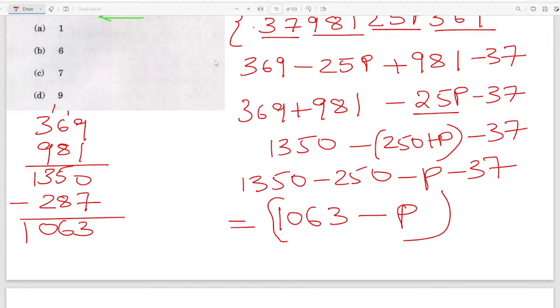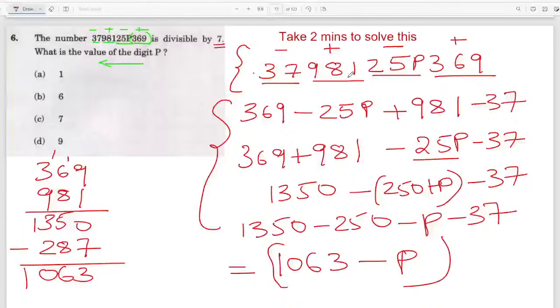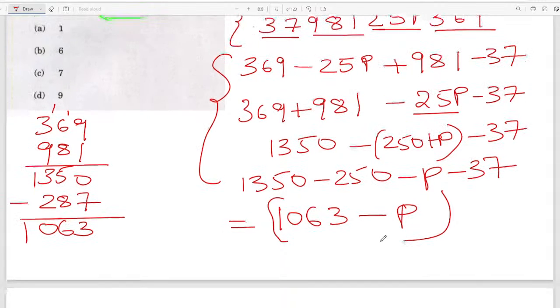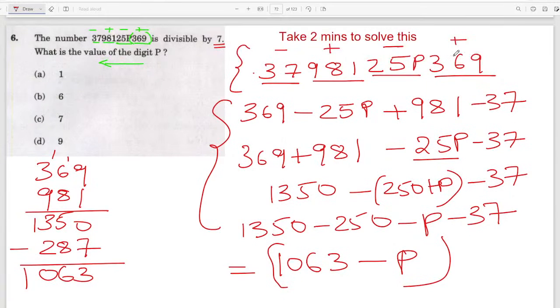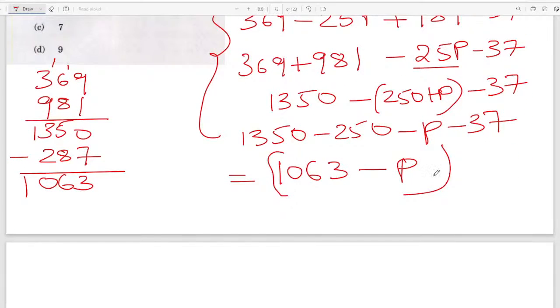That is the rule. When you find out this whole number, add the sum. That is plus 369 minus 25p plus 981 minus 37. When you calculate this, it should be divisible by 7. If this is divisible by 7, the whole number is divisible by 7. To make this divisible by 7, we know that 1063 divided by 7